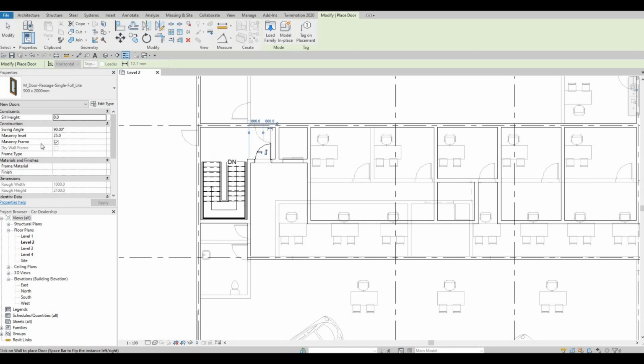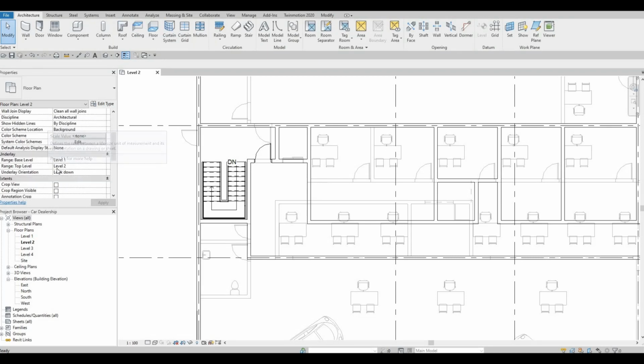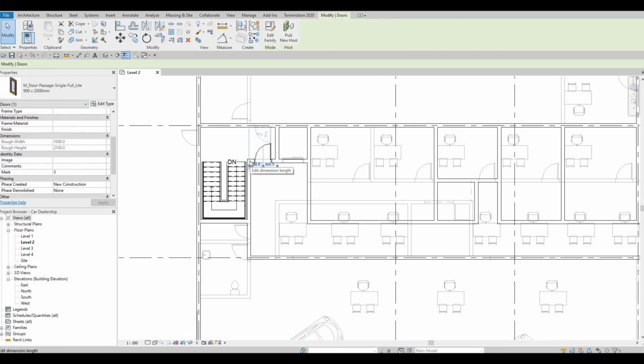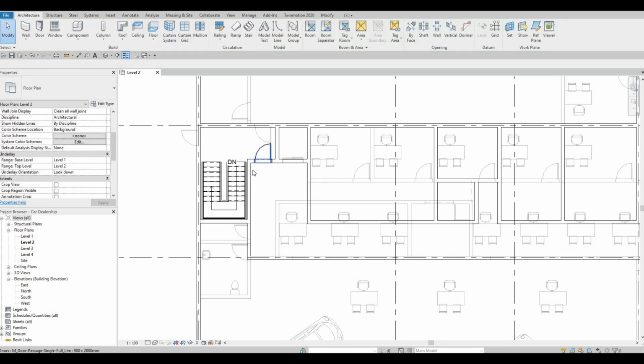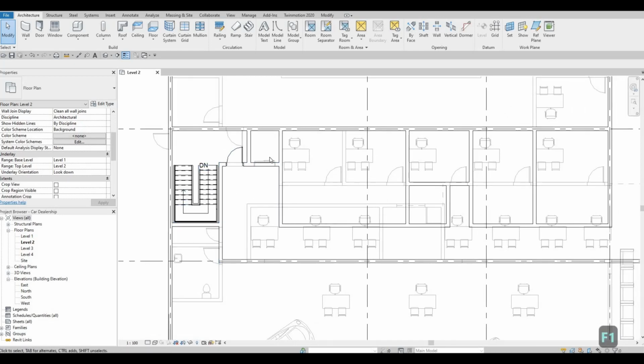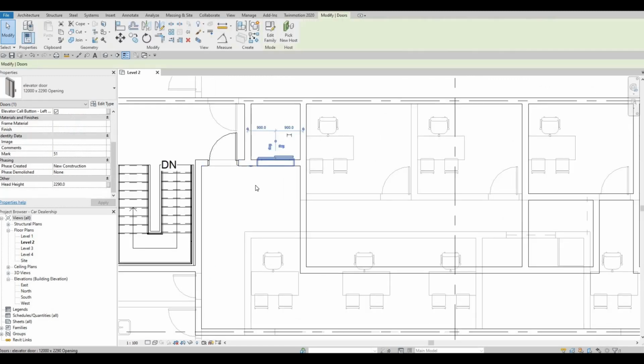So underlay is still turned on. If you go to your properties, you can turn it on by putting in the range base level to level 1, and then as you can see, you can still select, for example, the door, and then you can click on or type in CS, and you'll be able to add it instantly, and because of that it will make your life easy. So for example, here